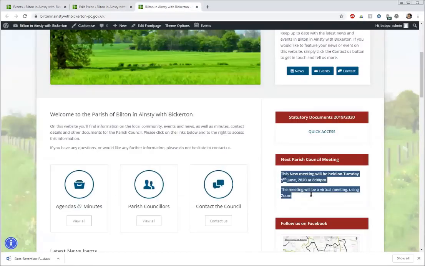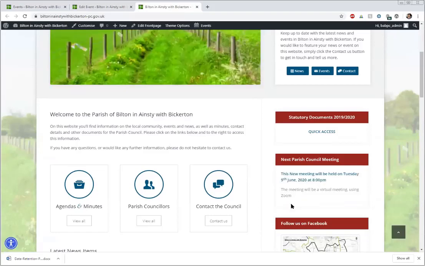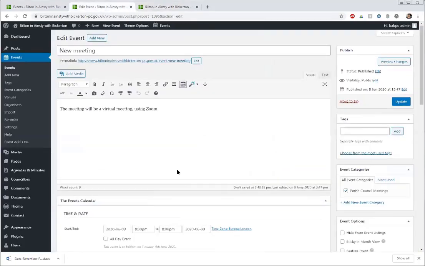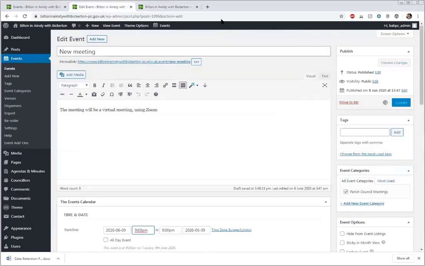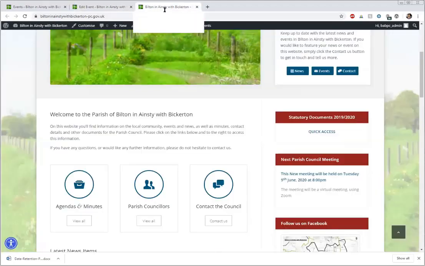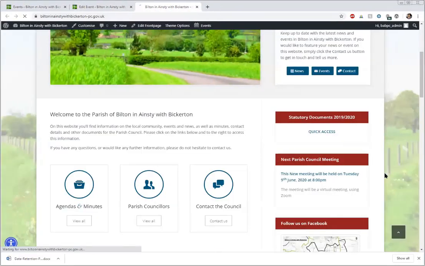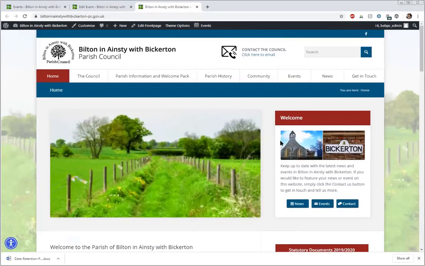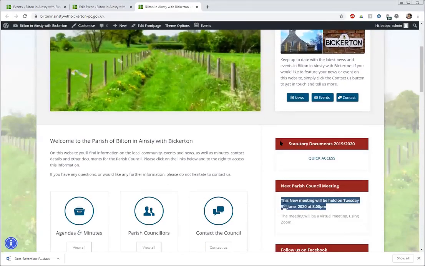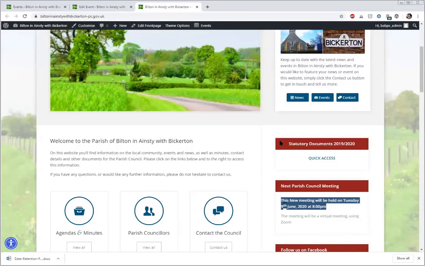It isn't linked to, it's a difficult one to explain, but if I change this time here now, I actually say, well, it's 9 p.m. Okay. Oh no, sorry, that's in the event section. But if we were updating in the agendas and minutes section, that would update there, wouldn't it? It would update. Yes, that's right. Yes. Right. But what you're saying is, once you've pushed it down the line, as it were, to events, it won't update it if you make any amendments.